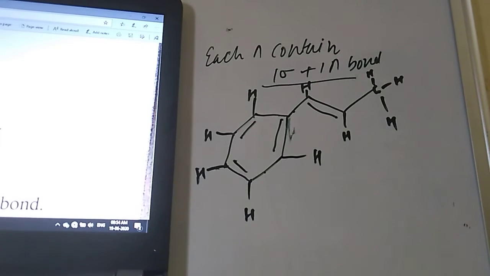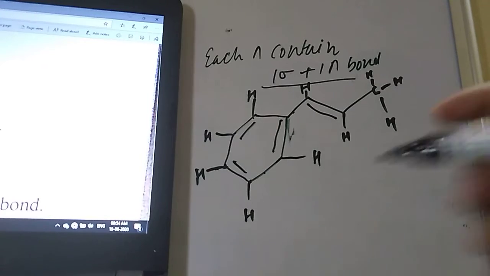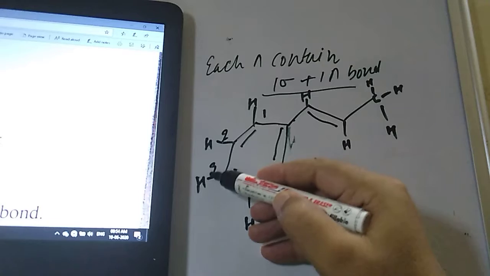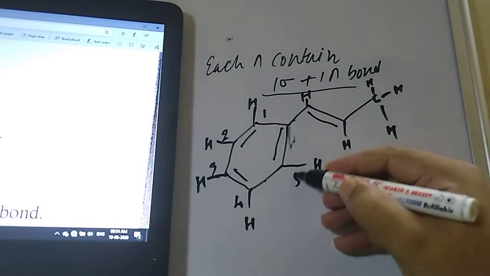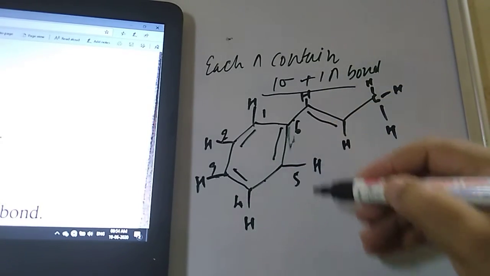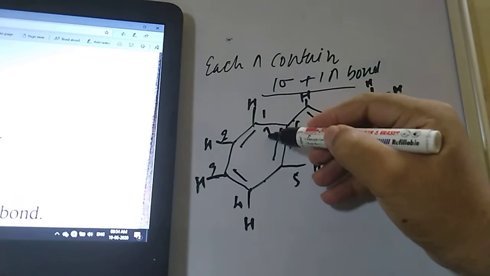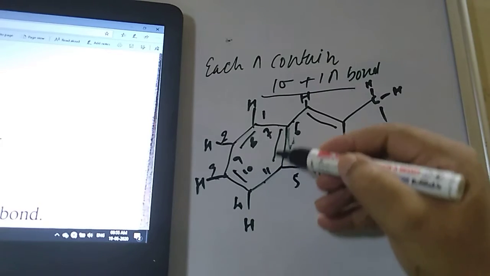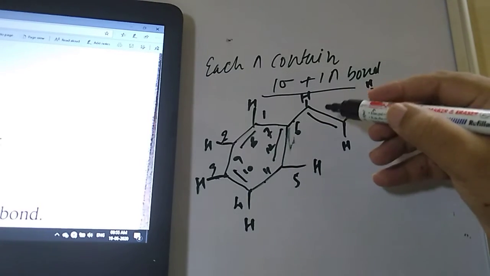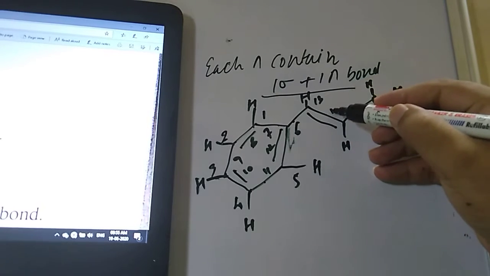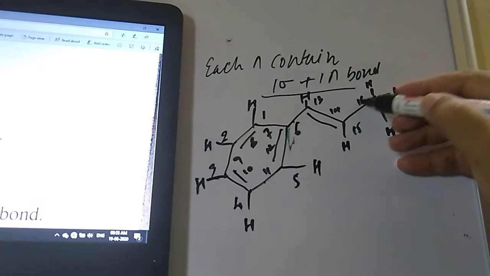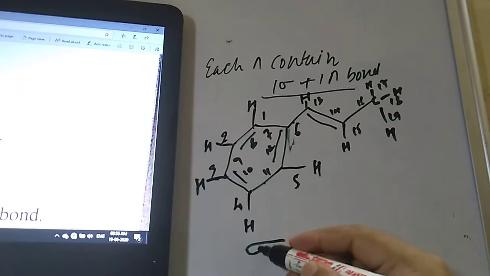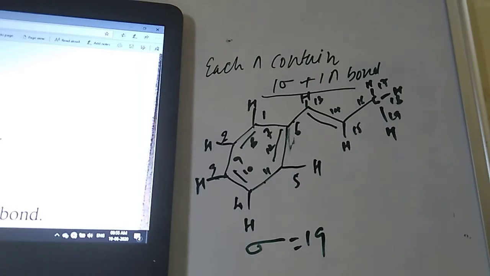Now you count, student. First of all, you count here. If you start here, student, 1, 2, 3, here is 4 single bond, 5 single bond, and 6 single bond. Then inside this is 7 single bond, 8 single bond, 9, 10, here is 11, this is 12. If you come here, 13, 14, 15, 16, and here 17, 18, and 19. So the total number of sigma bonds is how much, student? 19 is coming.